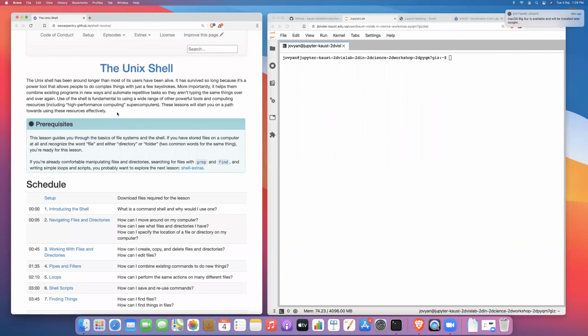And the Unix shell is the tool that I probably use the most, because for me, it is the entry point through which I talk to the computer. It has been around for a long time. And the reason that it has survived for so long is it allows you to do very powerful things with computers, things that you can't really do using a mouse and kind of clicking and dragging,